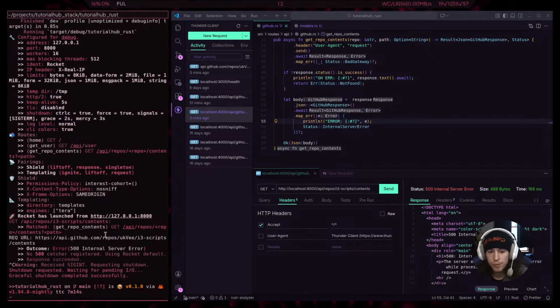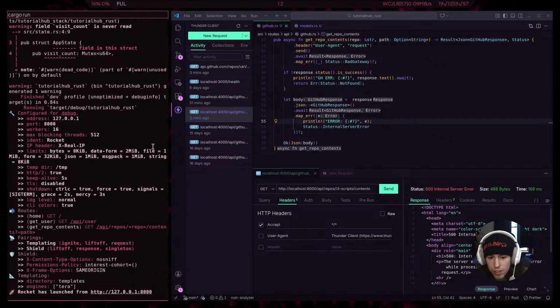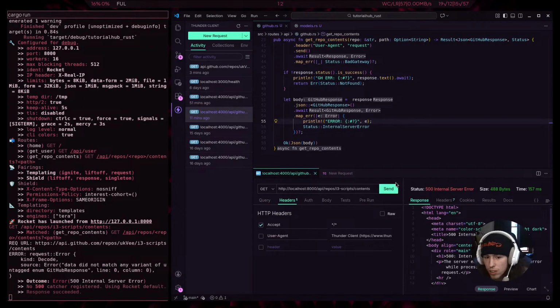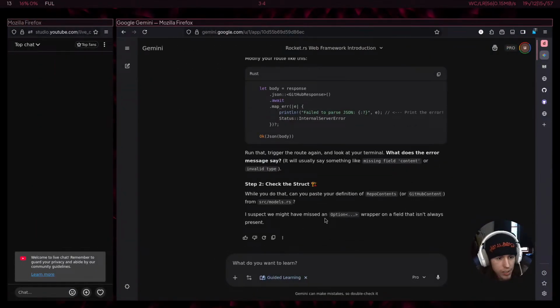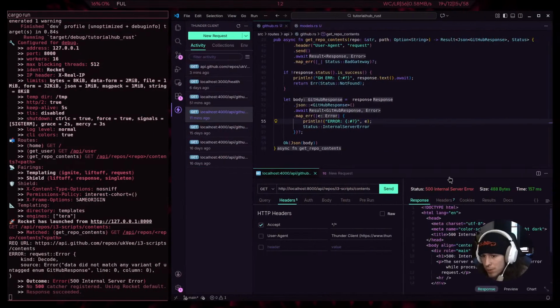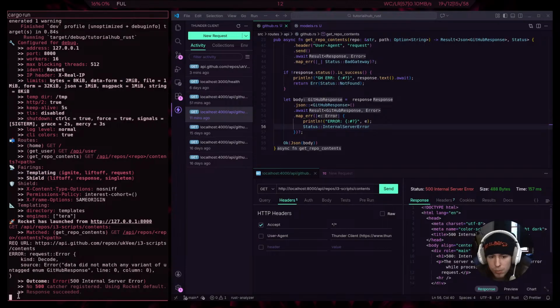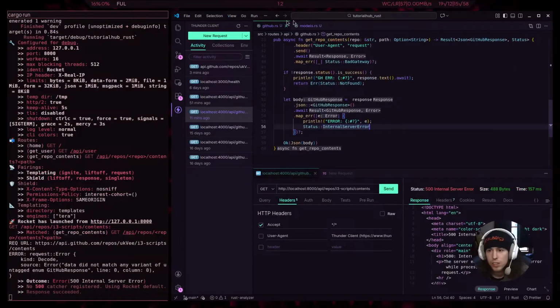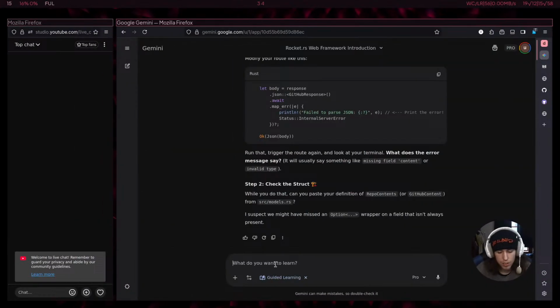All right. Data did not match any variant of the tagged enum GetResponse. Okay. I might have missed an option wrapper on a field that isn't always present. Okay, maybe. Let's say